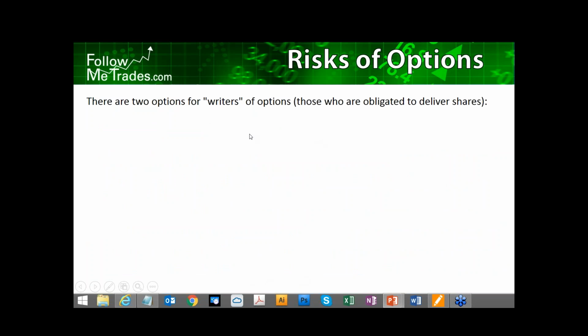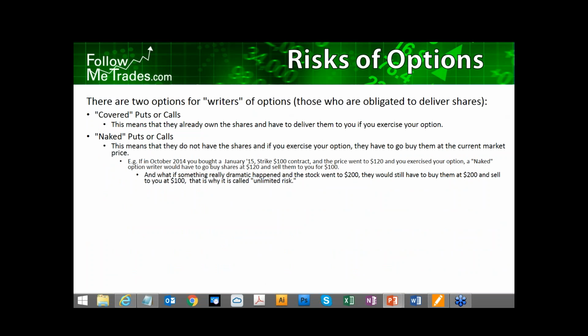Continuing on with the risks of options. So there are two options for writers of options, right? These are the people who are obligated to deliver shares. And we touched on this, right? There's covered, meaning they are writing contracts against shares they already have, or they are naked, meaning they do not have the shares. And if you exercise your option as a buyer, they have to go buy them at the